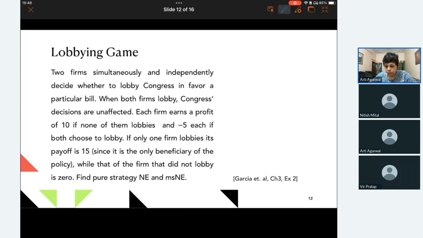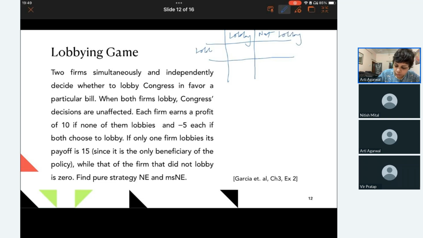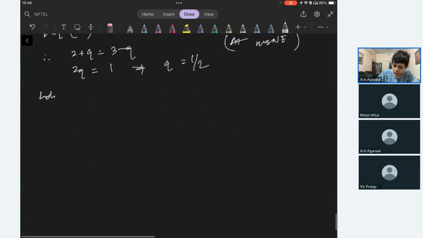So this is kind of like the game. I'm just writing it in a rough way here. These are the two strategies, right? Lobby, not lobby, lobby, not lobby. Let me write it here. Why am I messing this up? Okay. Let's write a